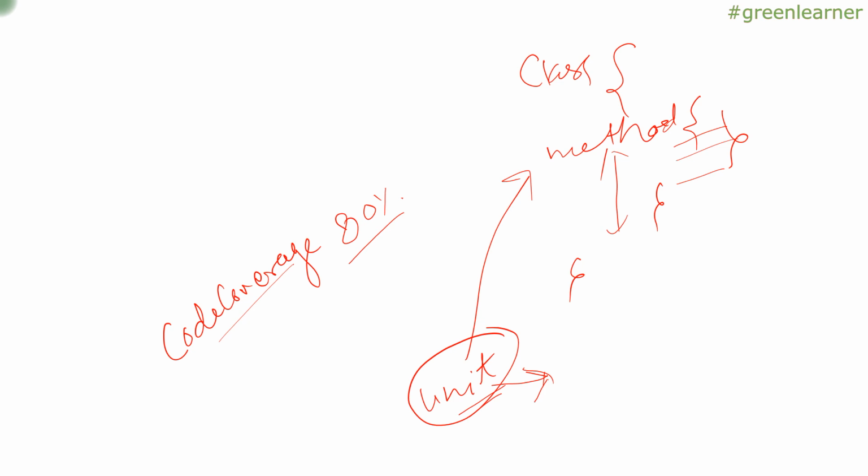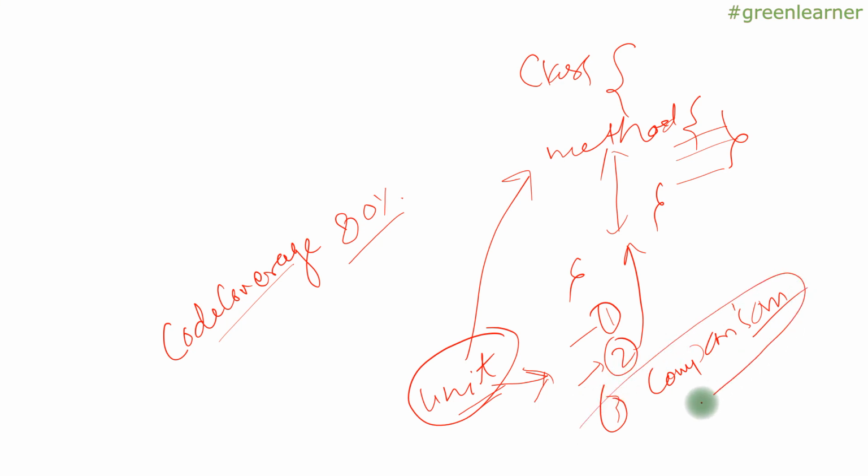So the point here is checking the quality. You have quantity, the number of unit test cases, but what about the quality of the unit test cases? Your unit test cases consist of three steps. First, initializing. Second, calling the actual method. And third, comparison. Comparison means comparing actual and expected data. When you are writing unit test cases, this must not be missed, but it can happen without us knowing.